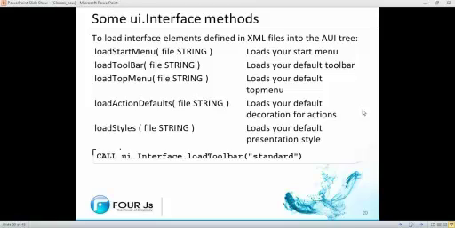So these are interface methods that we can use to load up our own XML files with customized elements into the abstract user interface. We'll actually talk about these in detail on July the 31st. So if you're interested in toolbars, start menus, top menus, action defaults, and so on, a lot of that will be in the July 31st session, where we'll talk about these methods and a lot more about toolbars and start menus and so on. So here we'll just take a quick look at some of